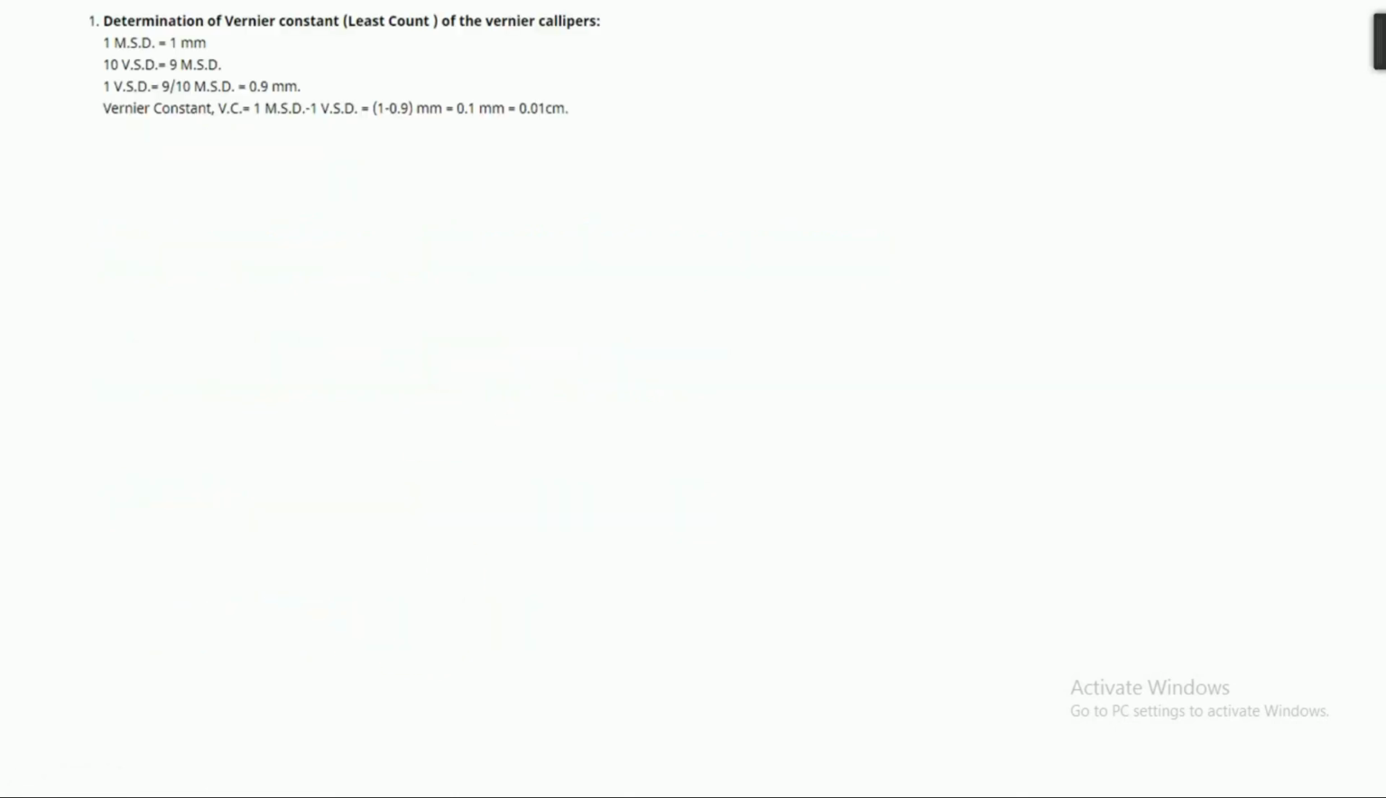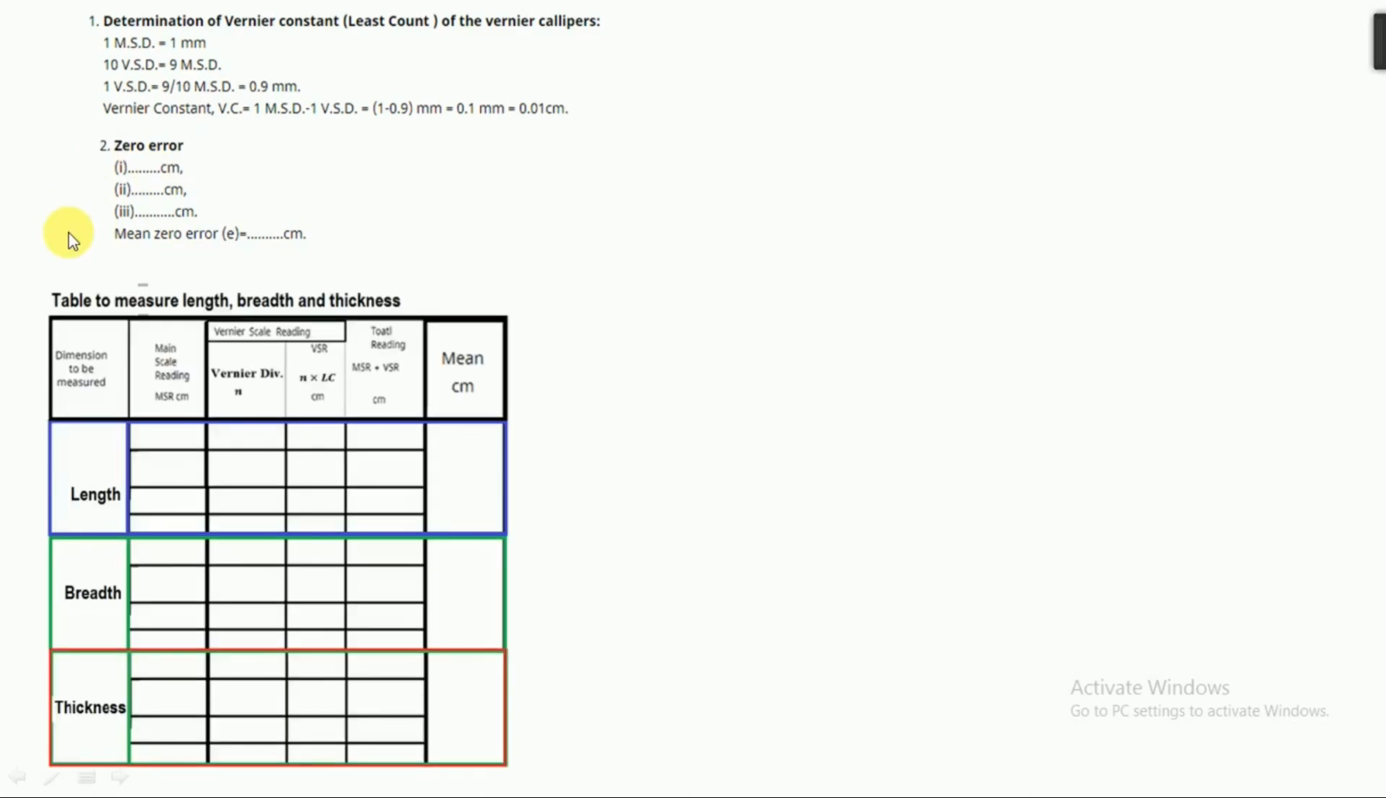So this is step number 1. We have to find the vernier constant. In our case the vernier constant was 0.01 centimeter, and this vernier constant may vary from vernier caliper to vernier caliper. And after finding the vernier constant, we have to find the zero error. To find the zero error, we have to find it 3 times, and we have to find the mean, and we have to consider the sign of the error also. Then we